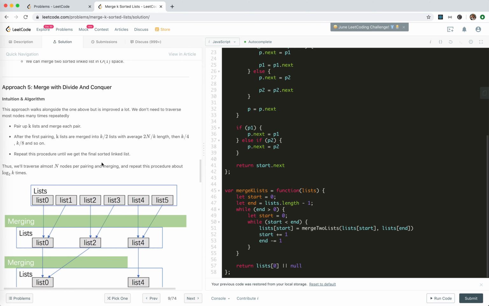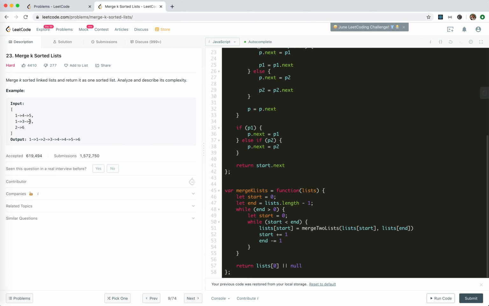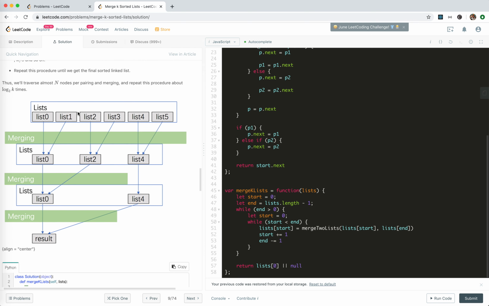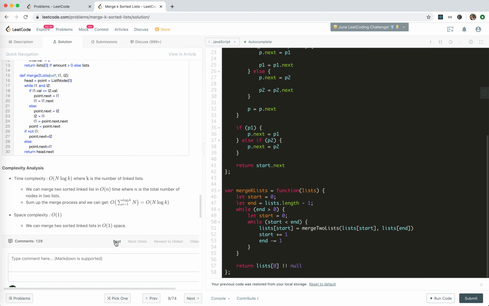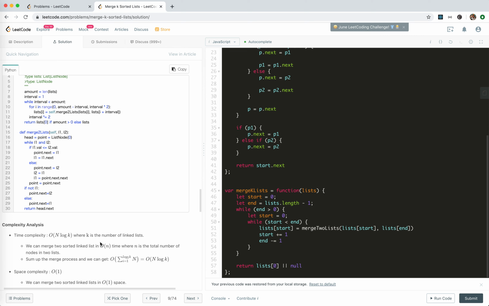Cool. The last one. Rather than doing it one by one, like merging the big list to make a longer list and then merging the longer one with this one, we maybe want to merge them in short pairs first, like merge these two and merge the rest two and then merge those. Separate them into pairs, this pair, this pair, this pair, and then merge these 3, and then merge this 2, merge this one. Well, since this is the divide and conquer method, it will be improved because